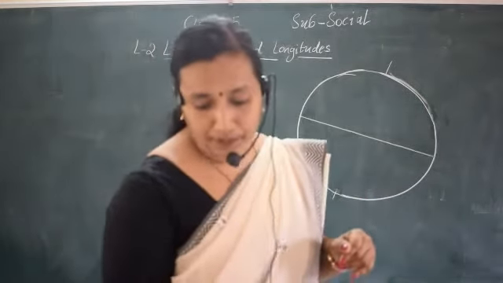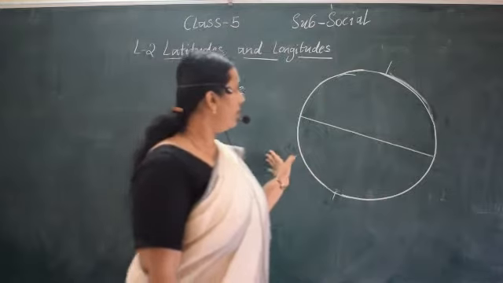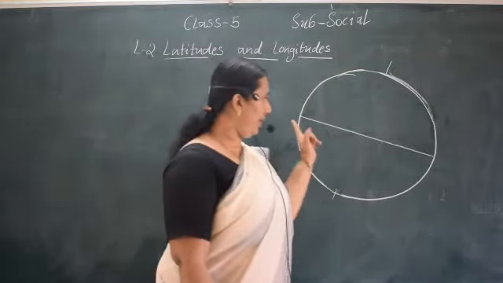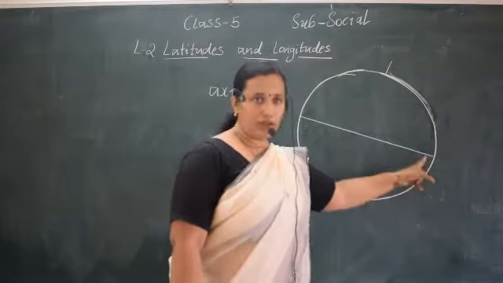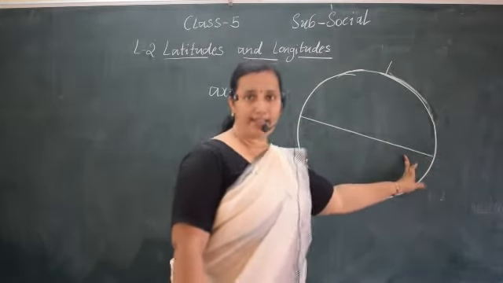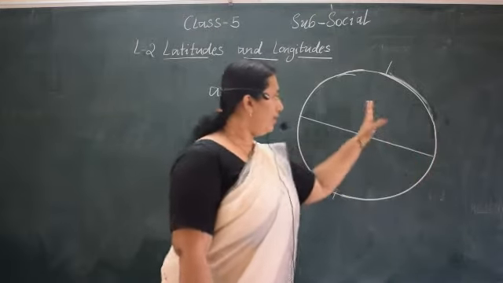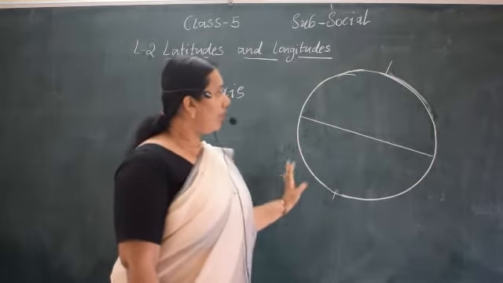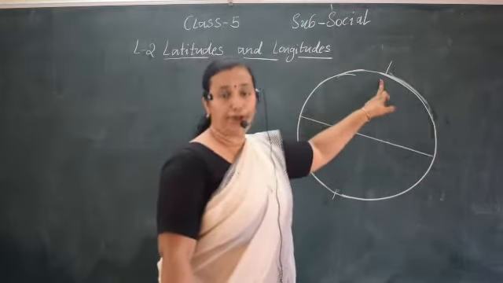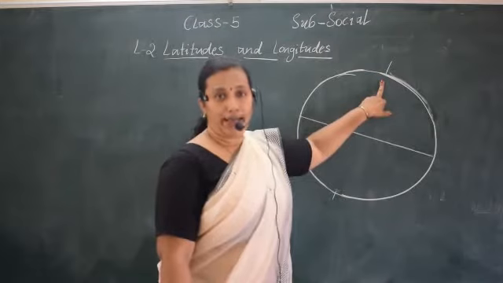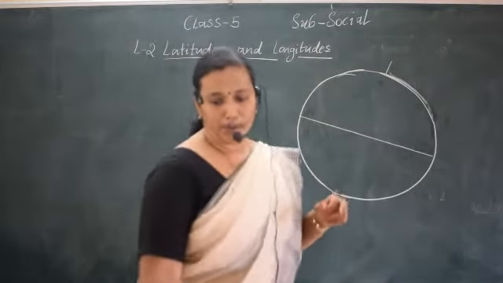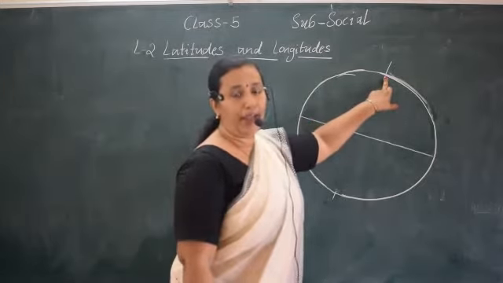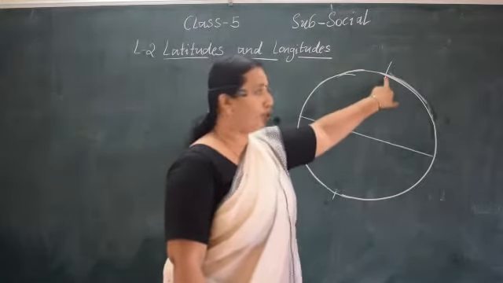this axis is divided into two. Okay, you can make out that I put the line here. So what is this line? I will explain later. First we'll go to this axis being divided into two halves. The topmost part, the top end of axis. This is the top end. The top end of axis is called North Pole.